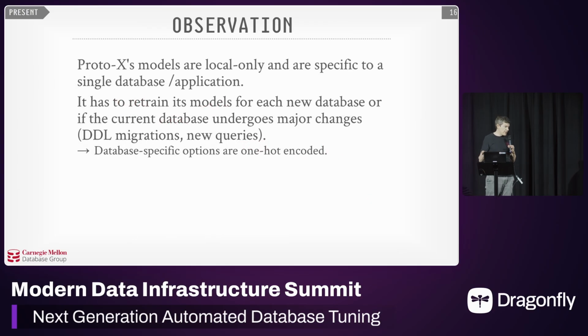So this seems fantastic, right? Problem solved? Well, not quite. What I've shown here is we've essentially had to train a local-only model that is hyper-specific to one single database instance. That means the number of CPUs, what the schema looks like, what the workload looks like, and so forth. And if someone comes along with a new database system, we essentially have to retrain our model from